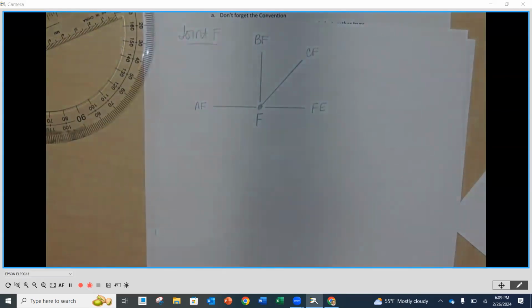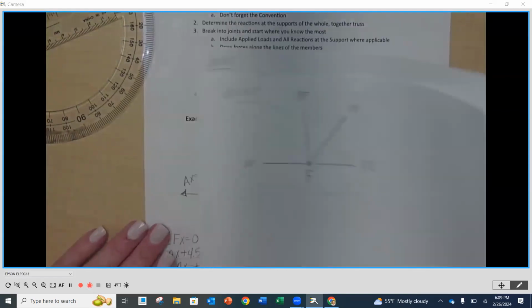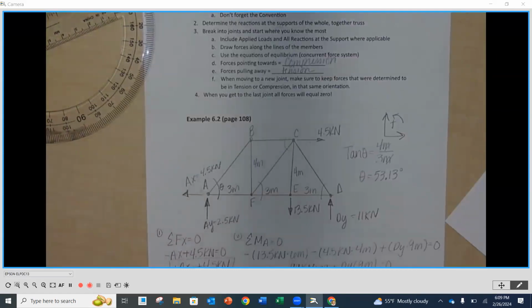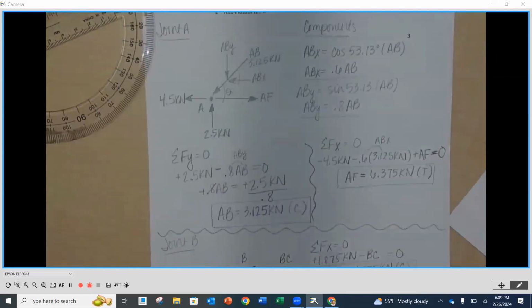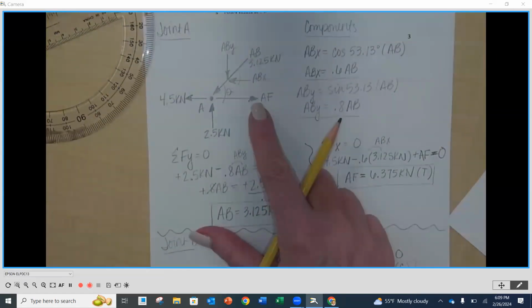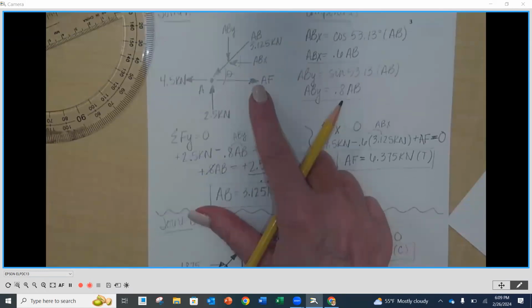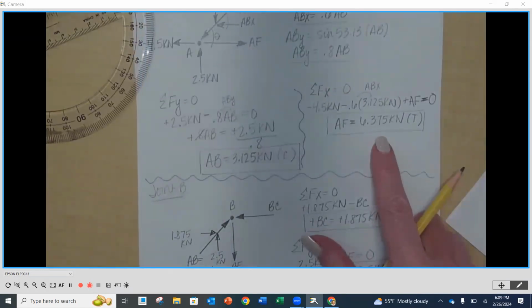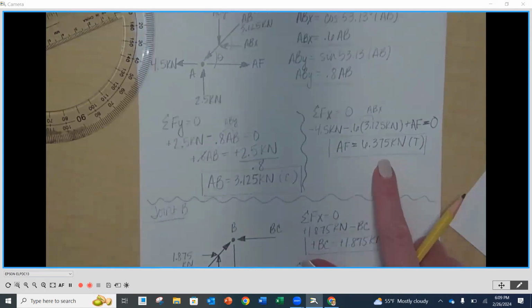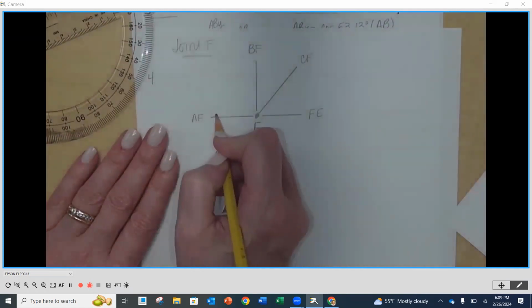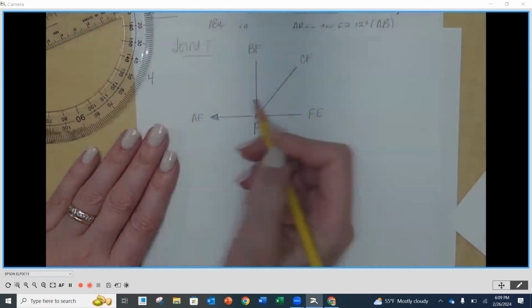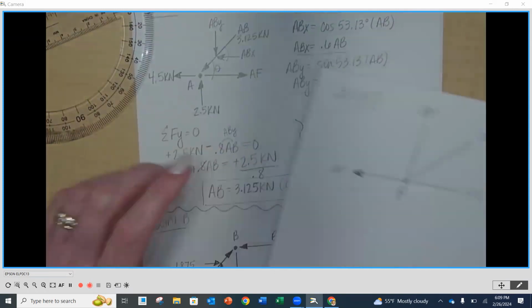Now, the places we are going to be able to know is we're going to go back to B and we're going to go back to A. So I'm going to start by going back to A. Okay. Here's my joint A. You'll notice that here's my AF. It is pulling away from the joint. It's in tension and its magnitude is 6.375. Okay. So since it's in tension pulling away from A, it has to be in tension pulling away from F. Okay. And its magnitude 6.375